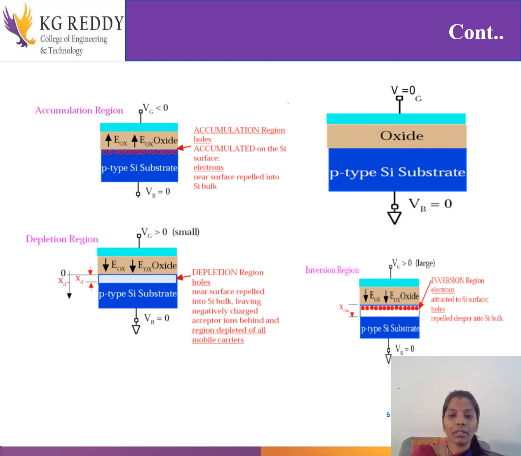How this is happening is shown here briefly. Here we are not observing any source drain regions, simply the metal, oxide, and semiconductor, because in the semiconductor we have holes where it is a negative voltage, right? And in the depletion, just a depletion layer has been formed, and in this layer I have electrons, where we say it is an inversion, and then these electrons will start moving from source to drain, and therefore the current will flow from drain to source.